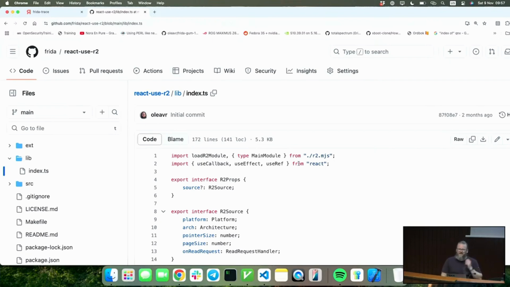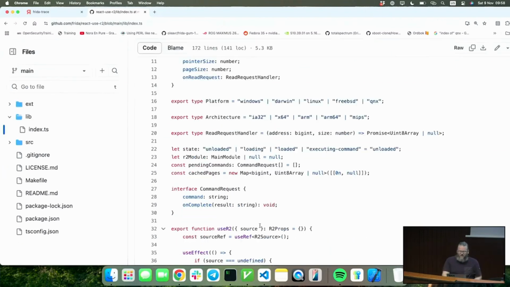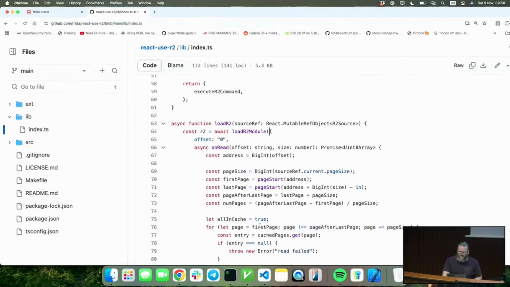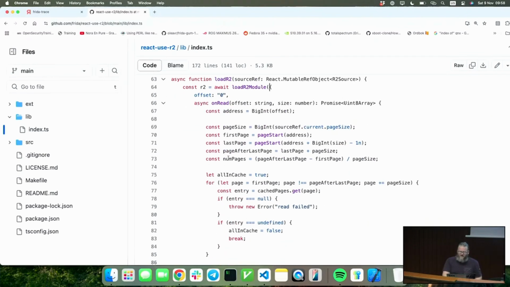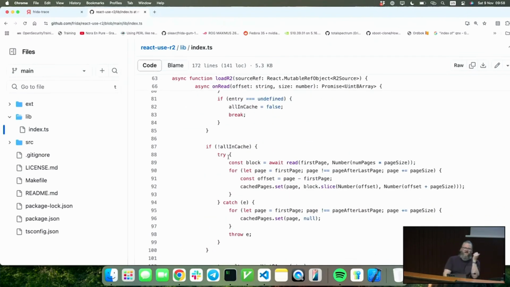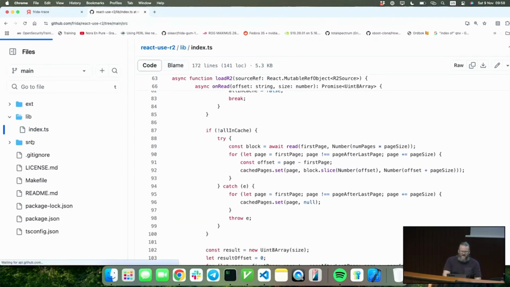It builds radare, but uses the Emscripten toolchain to produce a binary. And then this generates a load function. This module has a default export that just loads the module, and we're calling that, and we're providing it some callbacks that the C code can call back to us. So on the C side,